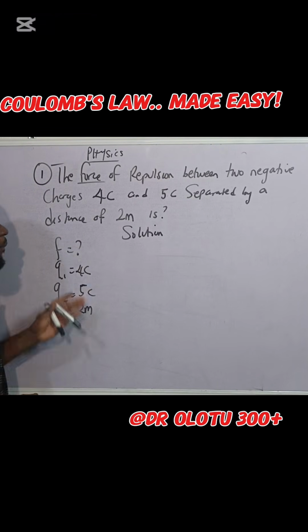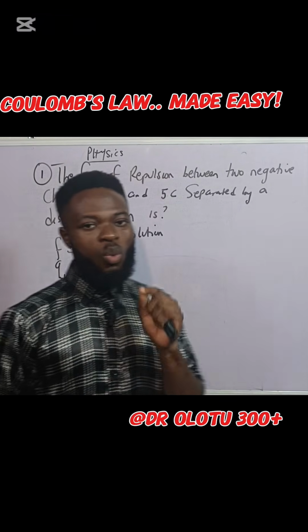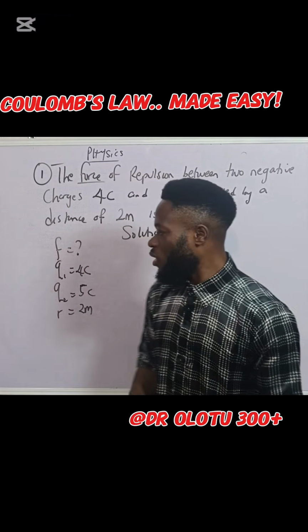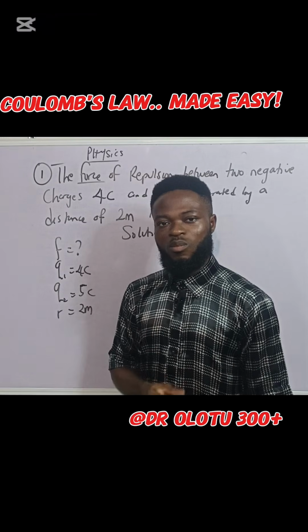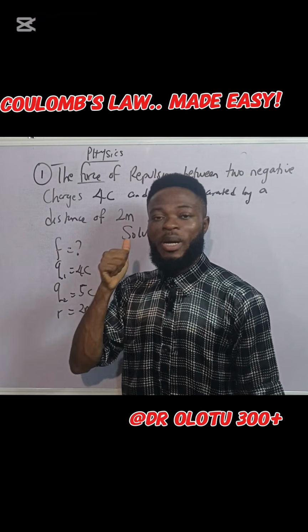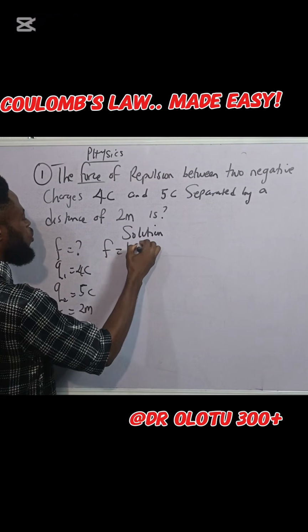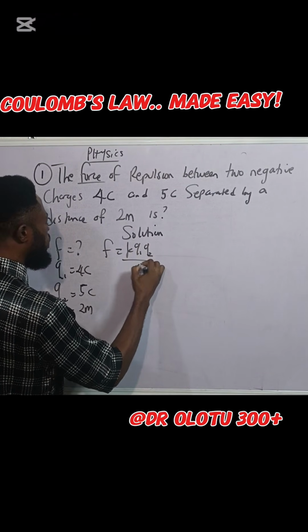Which formula do you think we have to apply in solving this question? You ask yourself, of all the formulas we give, which formula involves two charges? There's only one formula that involves two charges, which is the first formula as given by Coulomb. So we can say from F equal to KQ1 Q2 over R square, we can say F